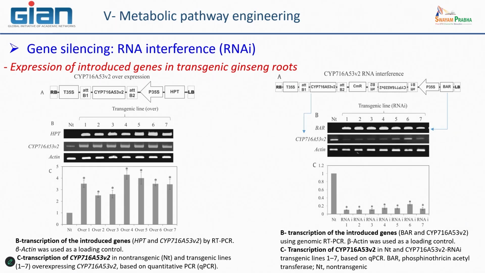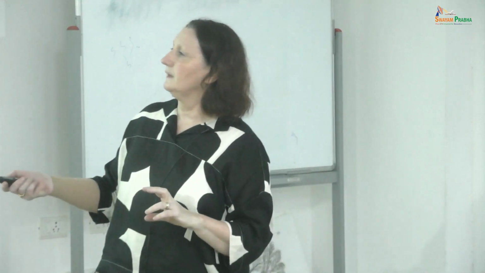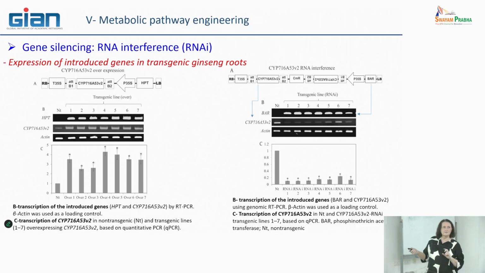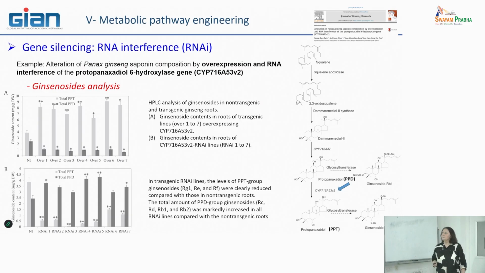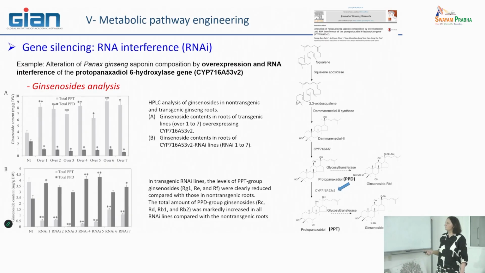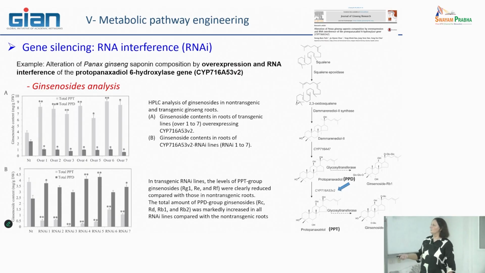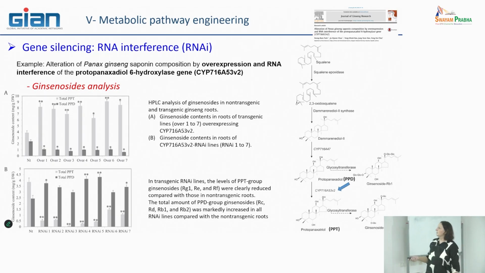You do exactly the same in the plants that overexpress the genes, and you can see that the control has a reference quantity of mRNA, and here all the plants that overexpress the genes are able to have a higher amount of this transcript. So all the plant cells have been well characterized. What happened now concerning their ability to produce the metabolite that we want to study here, in particular PPT and PPD, both of the two molecules.